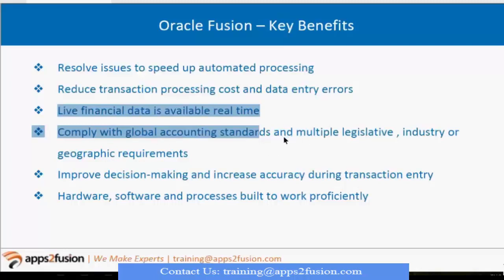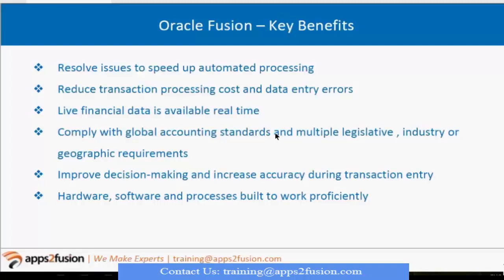Comply with global accounting standards. The same transaction you can account as per IFRS, as per US GAAP, or any other local statutory process. You can do the accounting. Improve decision making and increase